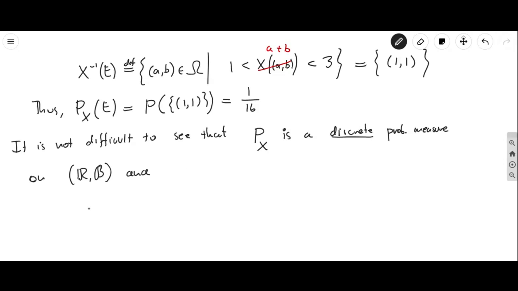The definition of a discrete measure is that it is a sum of Dirac deltas. It is a sum of point masses. So the point masses that matter are the different possible values that this random variable can give. It can add up to 2, it can add up to 3, and the most it can add up to is 16. So you would have the Dirac delta of 2,